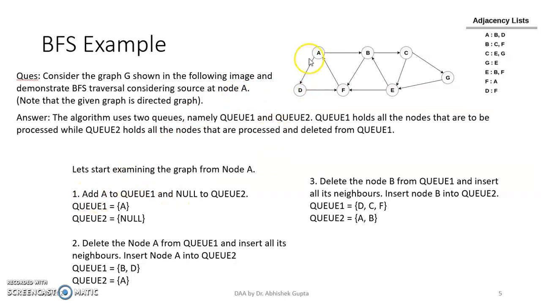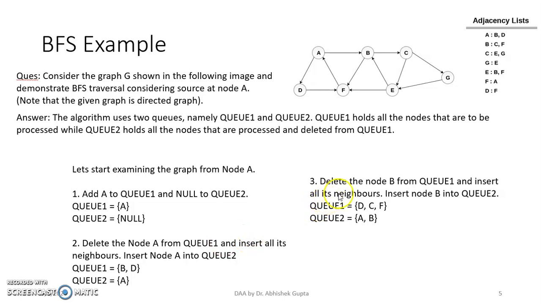So first of all, we have to traverse from node A, so that's why node A will be processed, and it has been added to Q1, right? And because this is the first step, Q2 will be null, right? Now for the second step, what we will do, we will see the adjacent of A. So the adjacent of A are B and D, right? So B and D will be added in Q1, and we will be deleting A from Q1, and it will be added to Q2 because it has been processed. Here processing means we are finding the adjacent of that particular item, right?